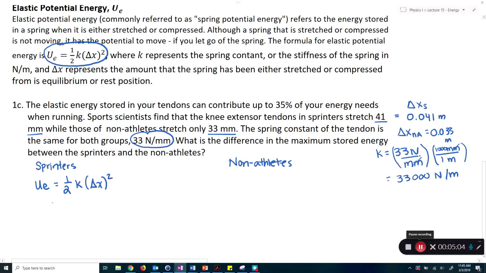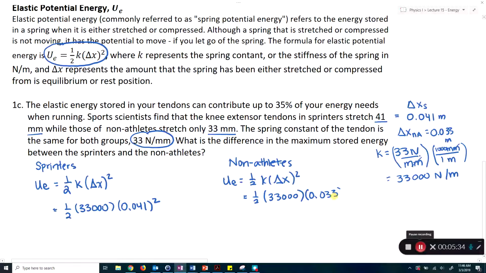Okay, so for sprinters, we're going to plug in 1/2 k, which is 33,000. Delta x for sprinters was 0.041 squared. And when we do this for non-athletes, the equation is still the same. My k is the same for both groups, so 33,000. But my delta x for the non-athletes is 0.033 squared. And then I'm just going to type both of these into my calculator. So for my sprinters, I get